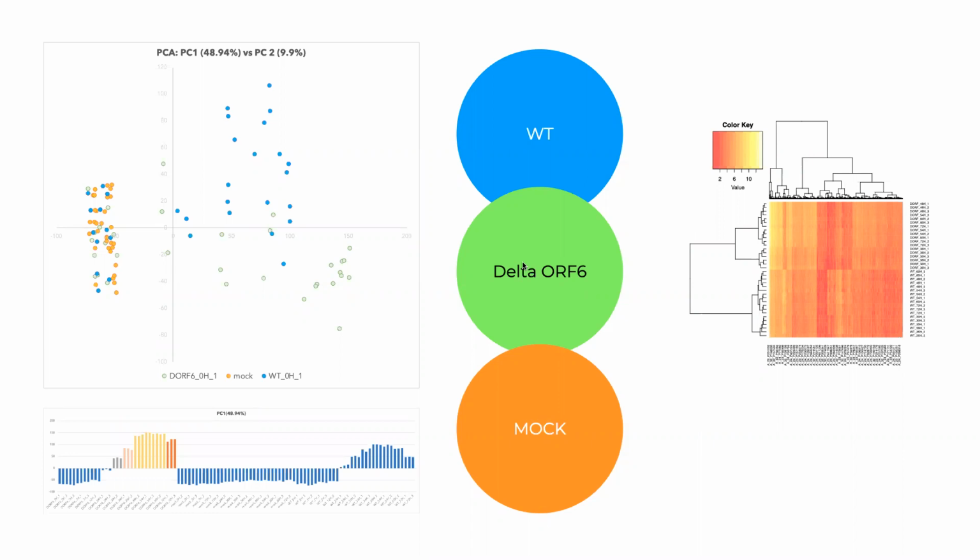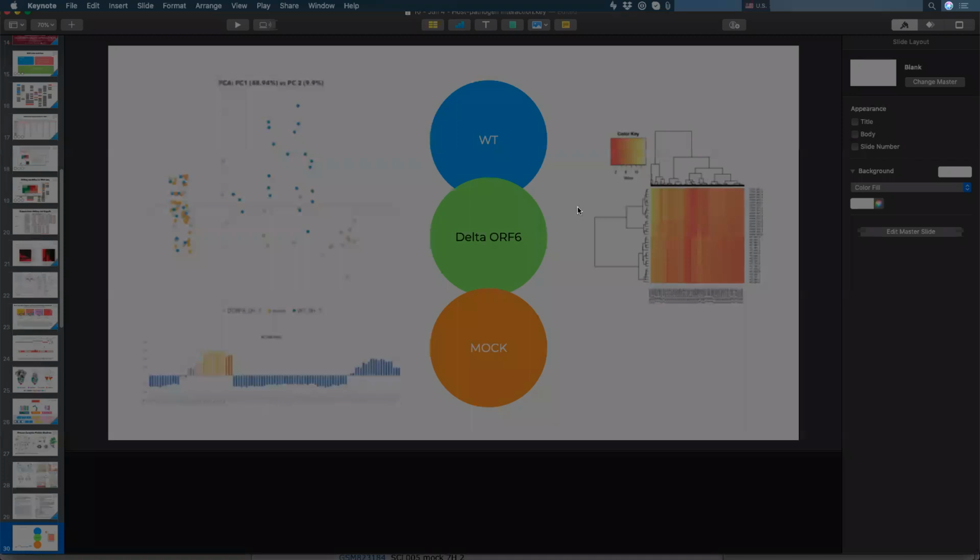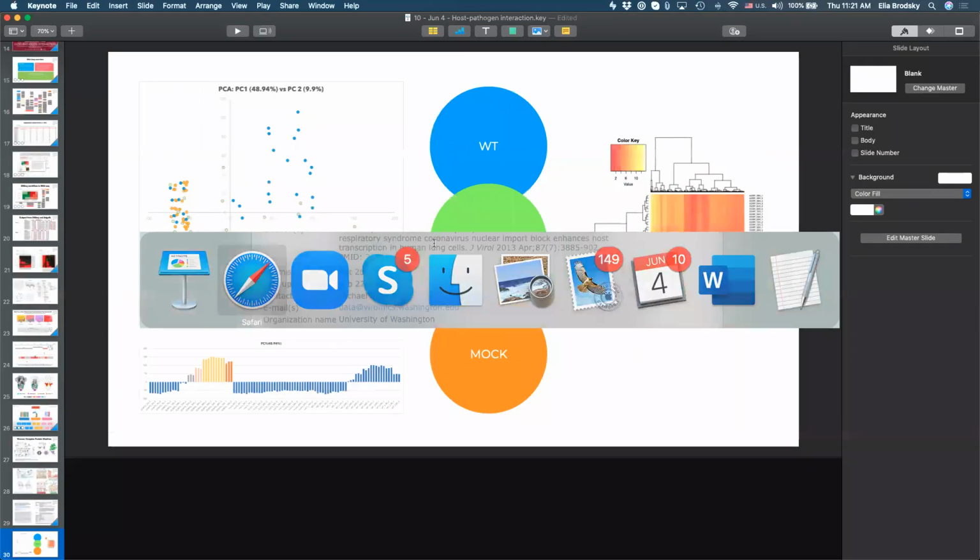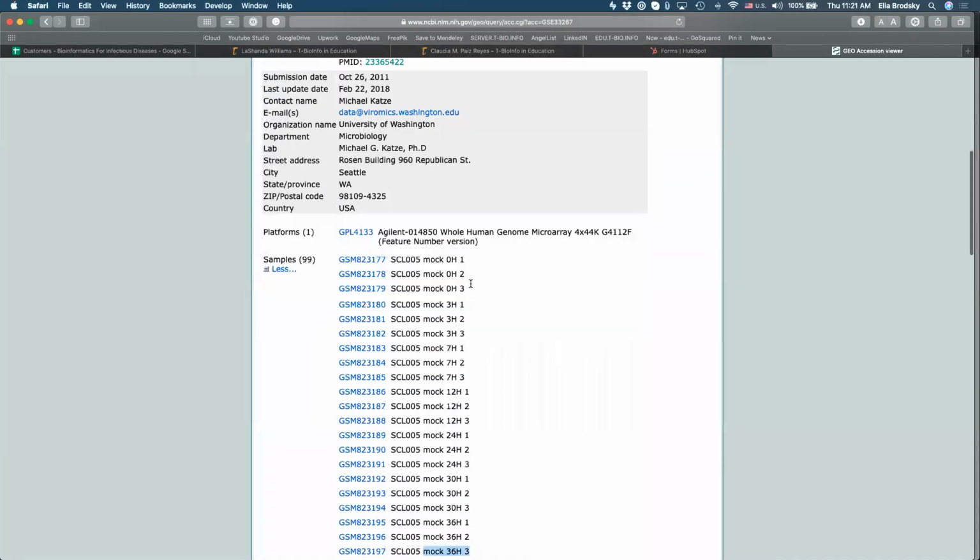Does this type of analysis make sense, or the logic behind this kind of an analysis make sense, or does anyone have any questions about this? Okay, as you're thinking about your questions, I'm just going to go back to here